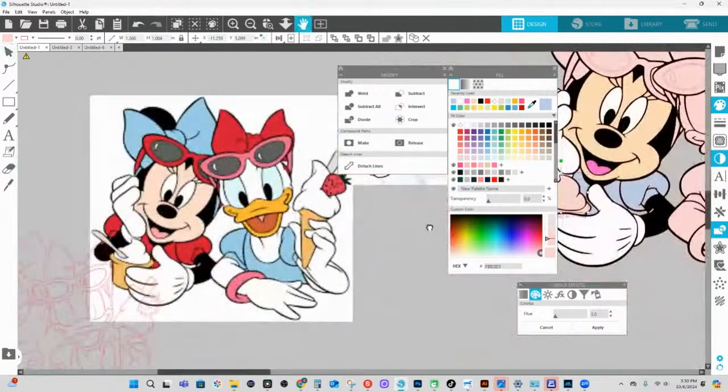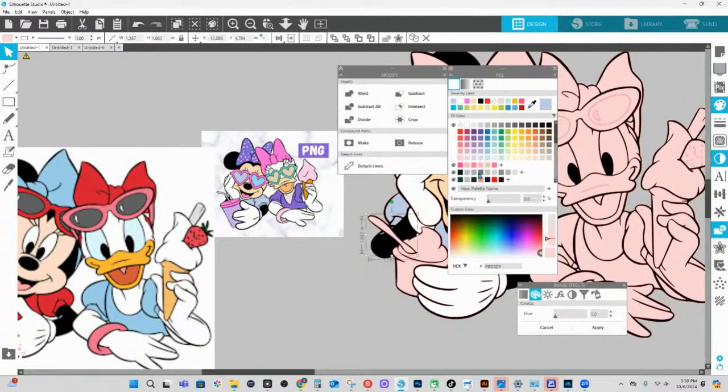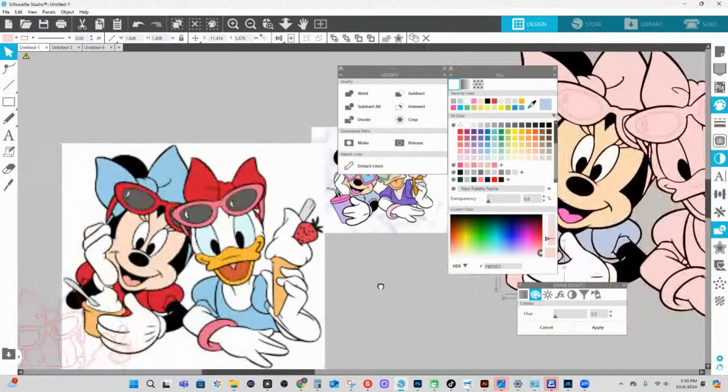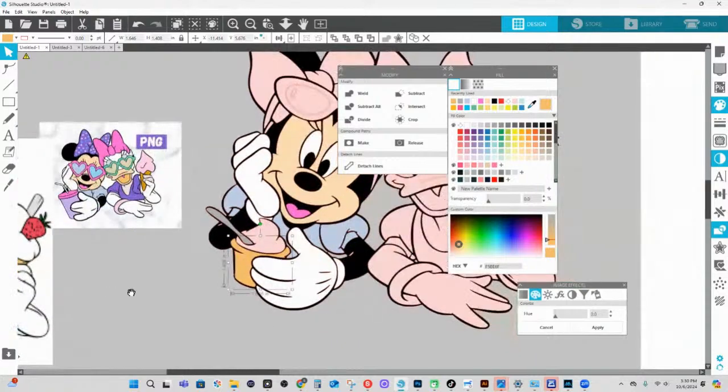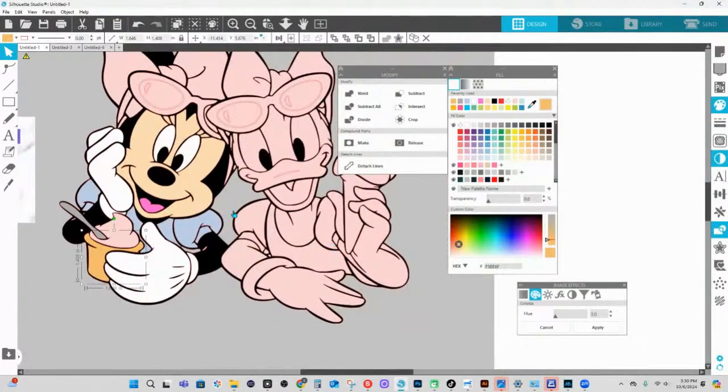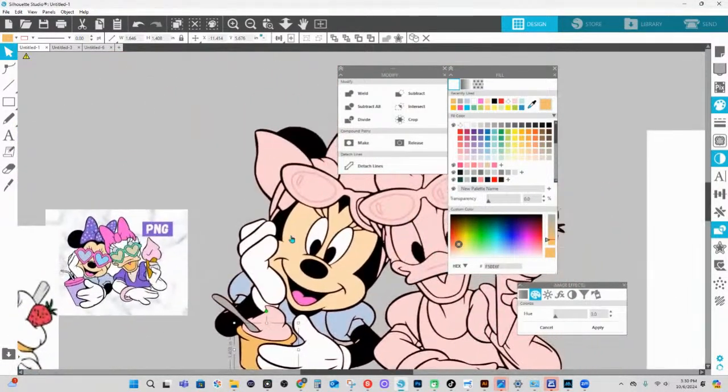We'll give her a silver spoon, and we'll make it this color here, but I will let you guys decide the flavor of the ice cream just by writing in the chat. And we're going to make her bow,